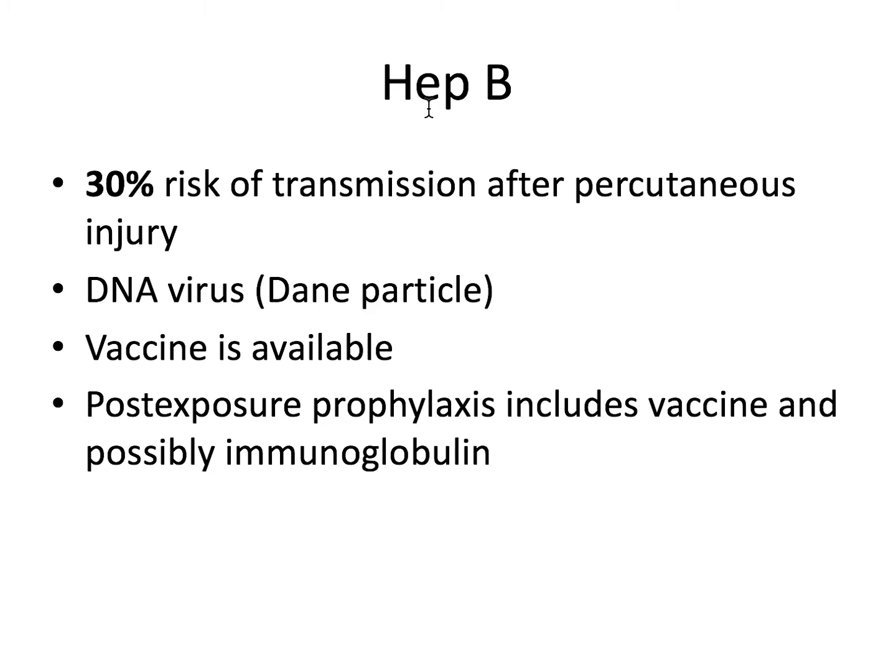This is being contaminated blood. Hep B has a 30% risk of transmission after percutaneous injury through the skin. So this could be you poke yourself with a needle or a sharp burr by mistake. And of course, it has to have the infected body fluid on it. This is caused by a DNA virus, and it specifically has this thing called a Dane particle. The Dane particle is a spherical particle found in the serum in hepatitis B, and it's the virion of